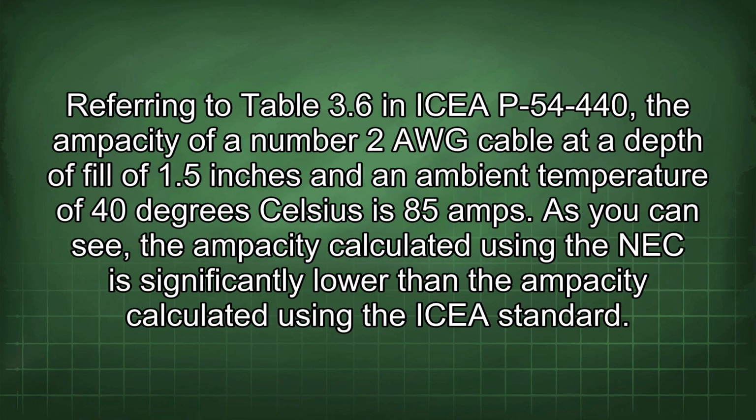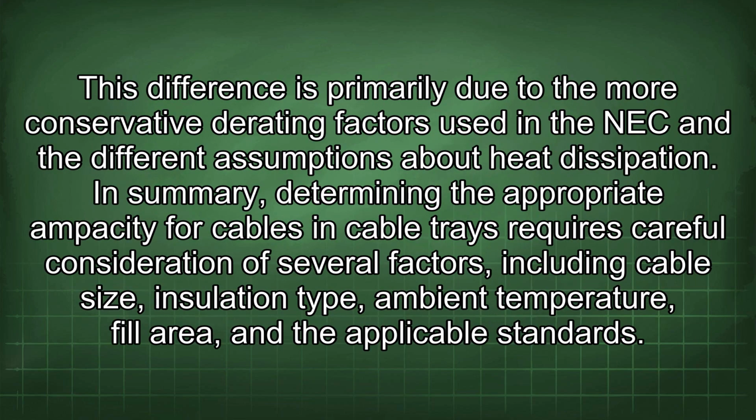Referring to Table 3.6 in ICEA P-54-440, the ampacity of a number 2 AWG cable at a depth of fill of 1.5 inches and an ambient temperature of 40 degrees Celsius is 85 amps. As you can see, the ampacity calculated using the NEC is significantly lower than the ampacity calculated using the ICEA standard. This difference is primarily due to the more conservative derating factors used in the NEC and the different assumptions